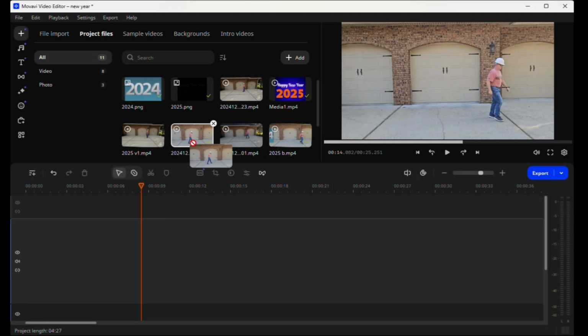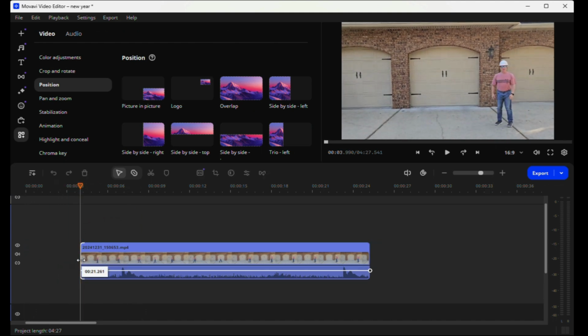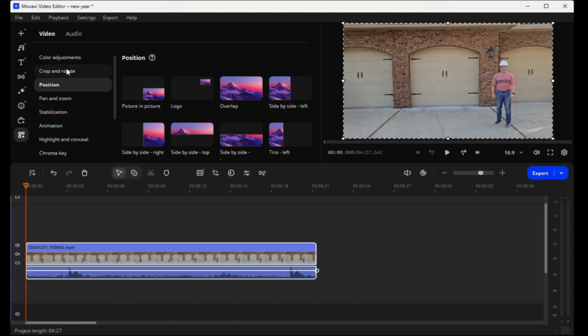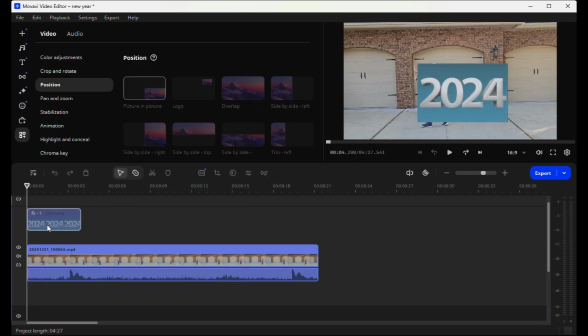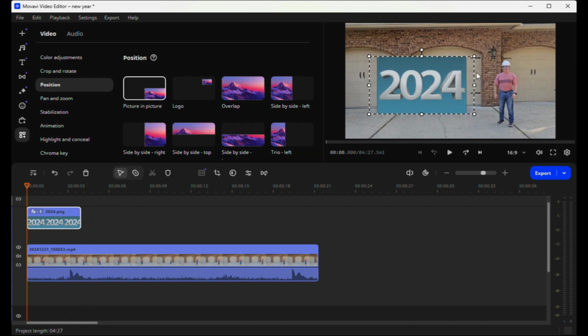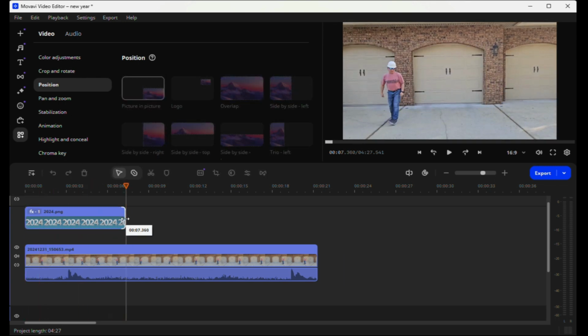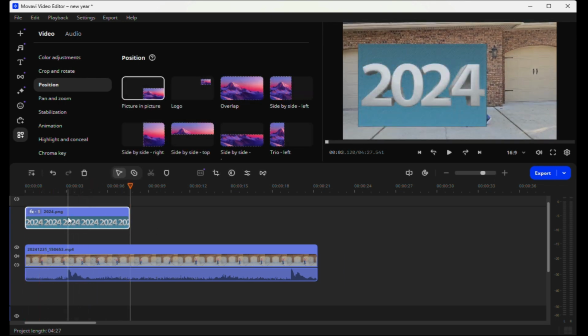Started with the video I liked best of me walking across the yard. I trimmed it down to just the parts that I needed. And then I added my first sign, which was the 2024 sign. This was just something I made using PowerPoint. Wanted to position it so it was right where I needed it to be so I could push it across. And then I wanted to make sure that the picture went all the way till it was required to exit